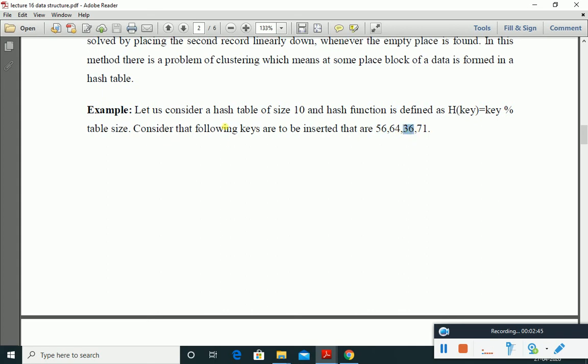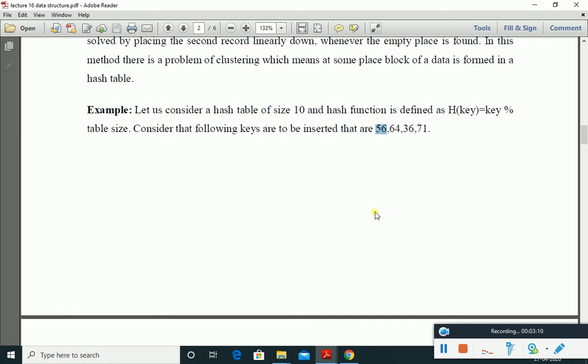In the chaining method we understood that we create a linked list, but in linear probing, when we find that a particular cell already has a value, we go linearly in the forward direction and find the nearest blank space to store 36.